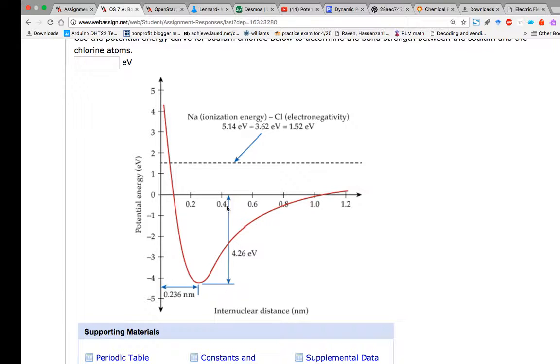this is the energy of the bond. So the bond enthalpy that you saw in the previous problem, that's what this is right here. In the previous problem, the bond enthalpy was given in units of kilojoules. In this graph, the bond enthalpy is given in units of electron volts. Now, the bond enthalpy,